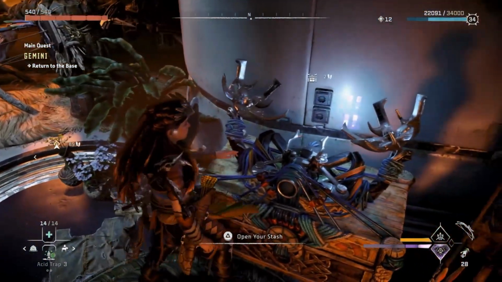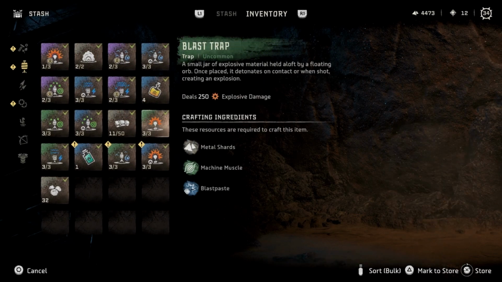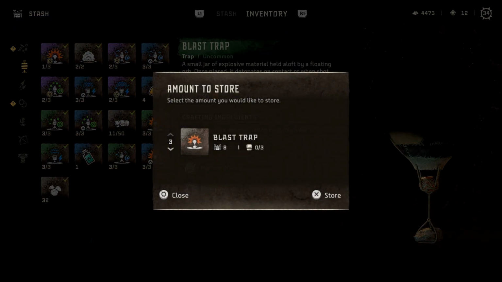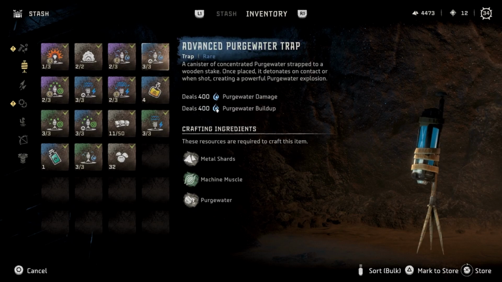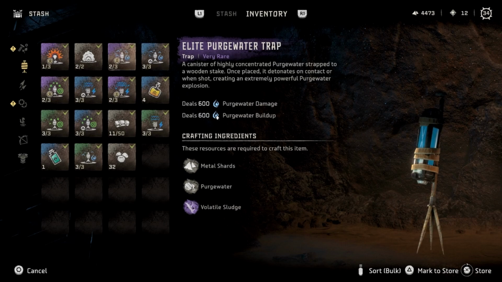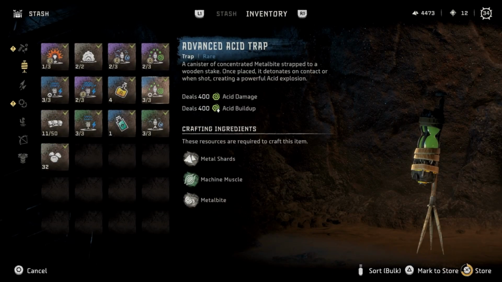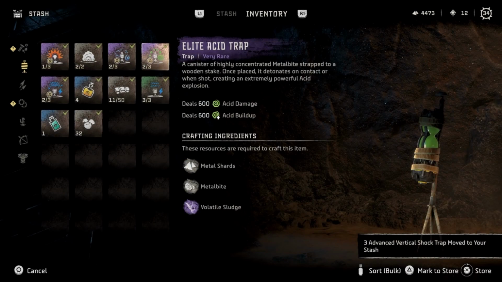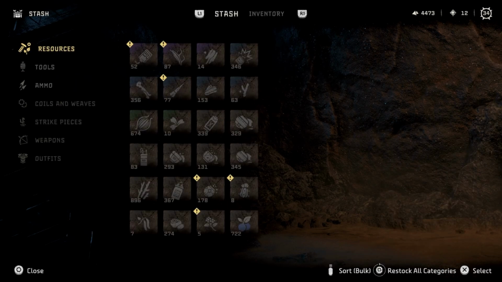Bro, just like tons of normal traps and... Okay. Well, I don't need advanced blast trap, normal blast trap, and elite blast trap, so... Don't need elite purge water traps. Wait. We've got advanced purge water. Don't need that because I've got elite. I don't even think I'll use these either. Basically everything that's not advanced or elite. There we go. Okay. And then...